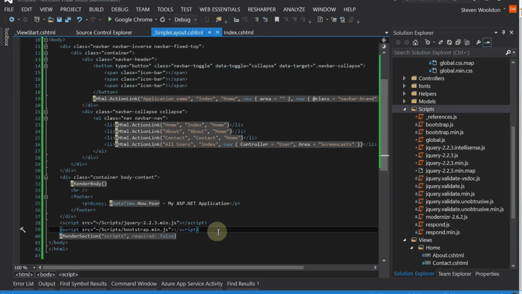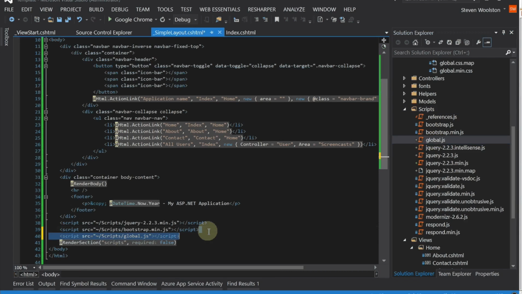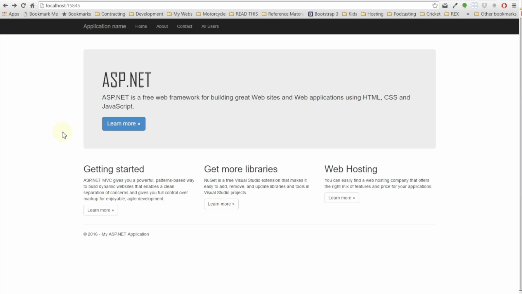So now we want to put that into our DOM. Visual Studio is pretty handy for this. It just lets us drag and drop and throw it in there. And that's our script files. So now, if I build this, I've already got the page open, so if I refresh this,